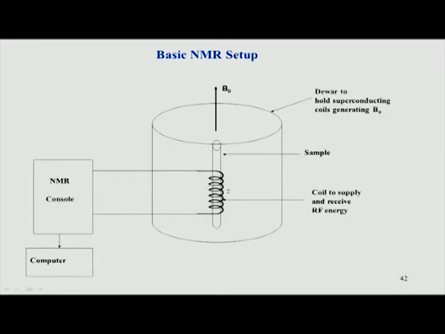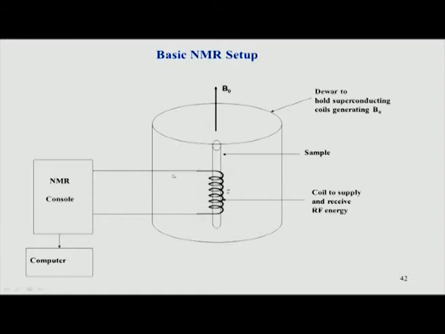There it is surrounded by what is called an RF coil. This RF coil is where we apply the RF signal to the sample. It is used for transmitting the radiation to the sample, as well as collecting the signal from the sample. The same coil is used for both purposes. The signal, the FID, which is induced in this coil is collected and digitized in the console, which has all the electronic components, and from here the digitized data is sent to the computer, where the Fourier transformation and data processing are done.